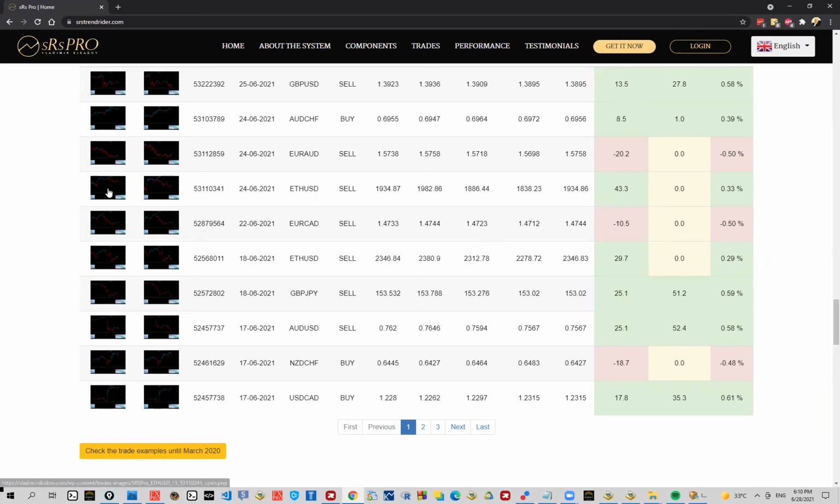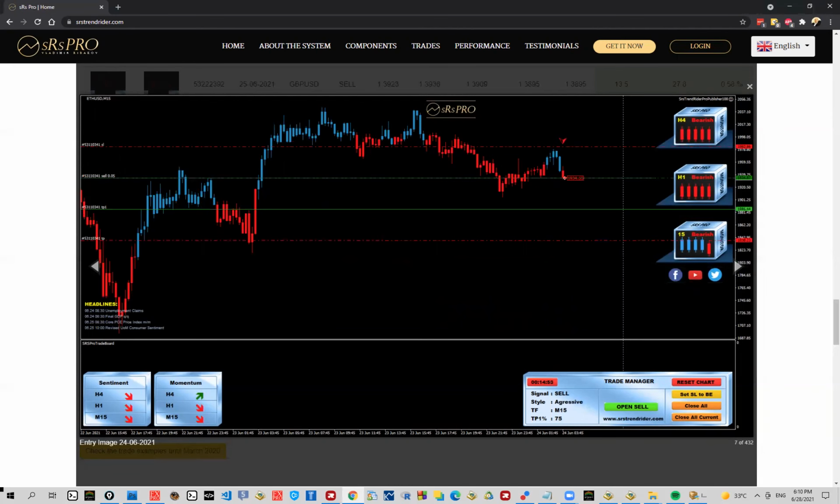Then we have Ethereum for sales. This situation might be slightly trickier if you look at it on the 15-minute chart alone. But this is why we have this stuff, right? Because they're telling you and showing you what's happening on the higher time frames. Basically, the way I see it is you have a double wave here, okay? And after the double wave,